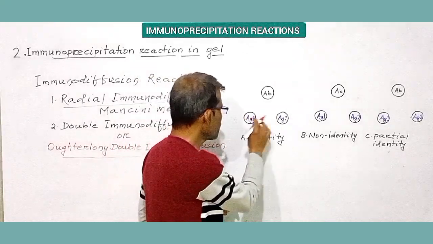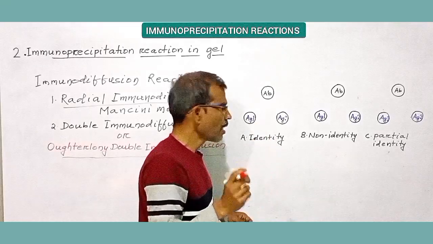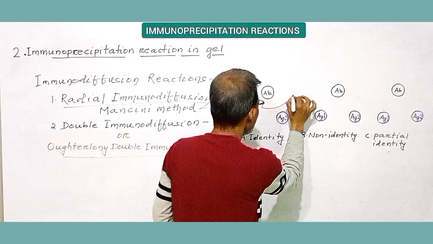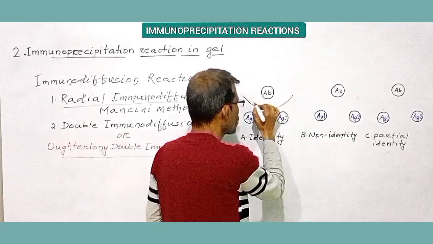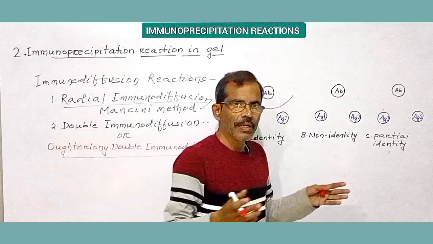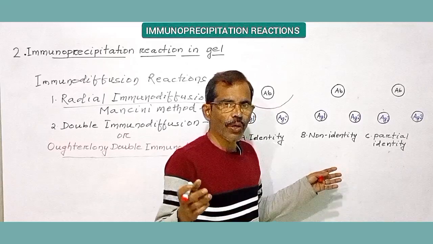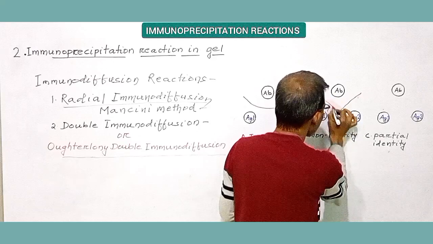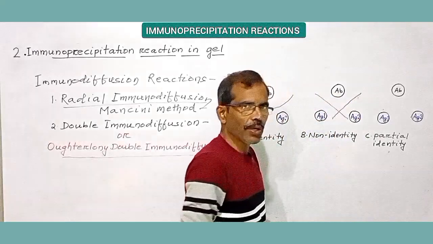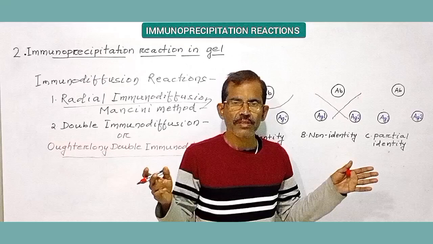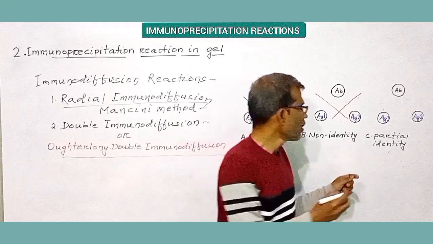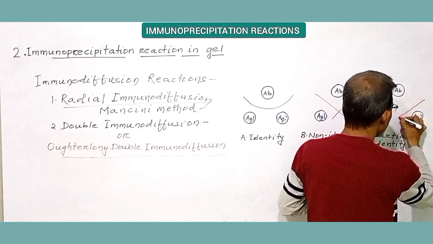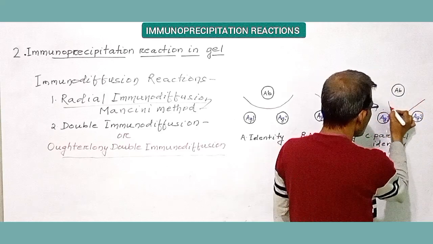When two antigens are identical, then a precipitation arc is formed between antibody and antigen at the zone of equivalence. But in case two antigens are not identical, two crossed precipitation lines are formed against the same antibody. But for antigens that are partially identical, a precipitation line is formed for the common epitope, but a curved spur